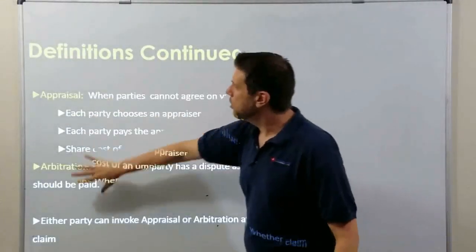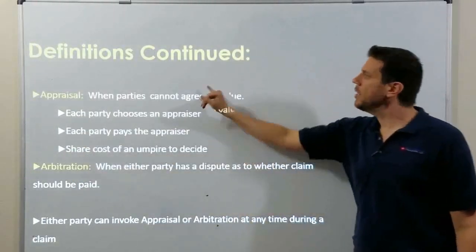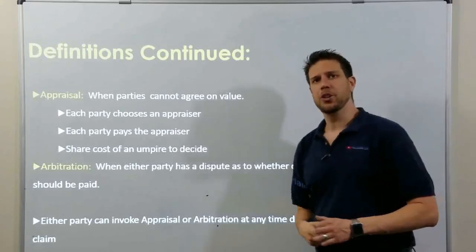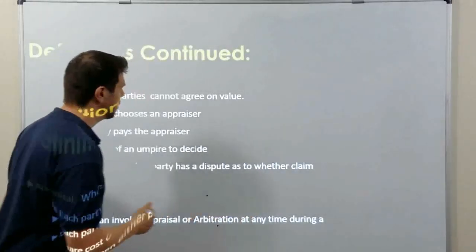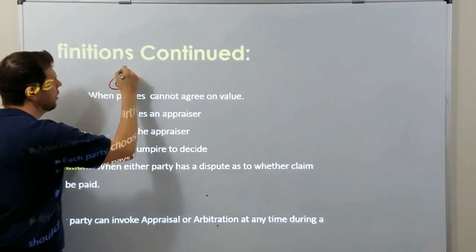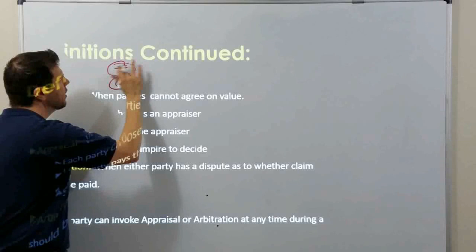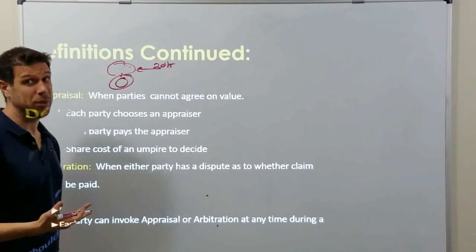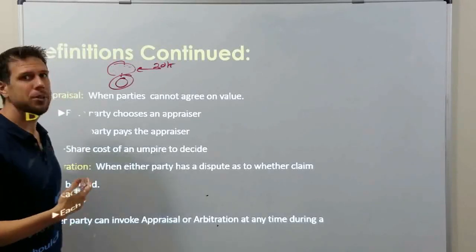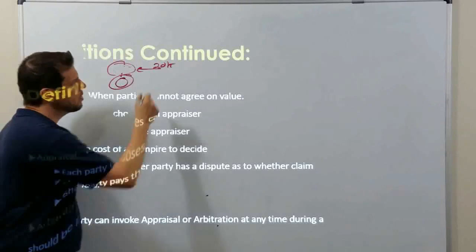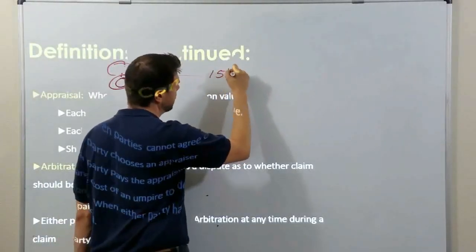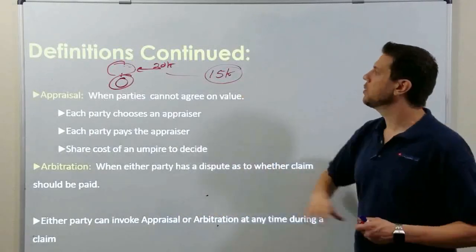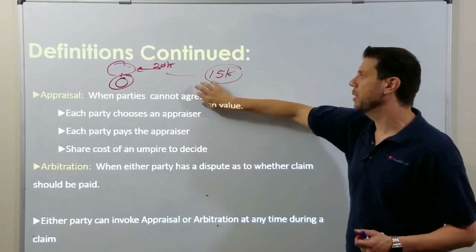These next two are also on most tests. Appraisal is when you have to figure out the value of something. You might have an engagement ring of a customer, and they say it's worth $20,000. But you know it's not worth $20,000. So what you have to do is get an appraisal. And the appraisal comes back and says it's only worth $15,000. You insure it for the appraised amount. Appraisals are to determine the value of how much something is.